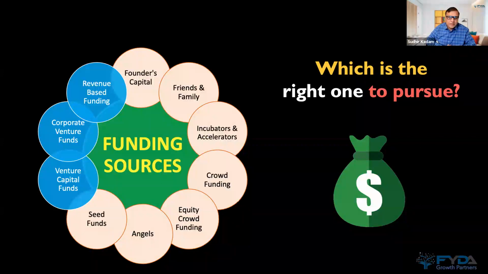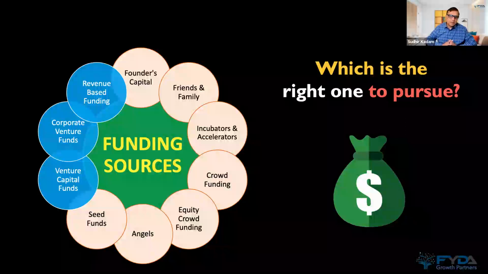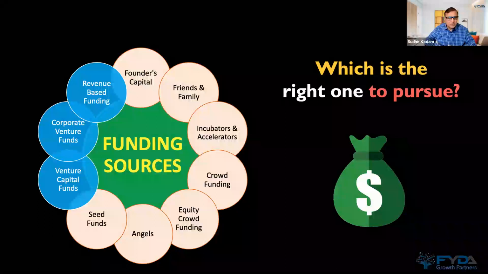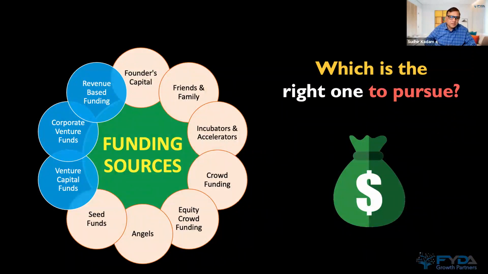Okay. Then angels, I think all of you know, typically most of these angels are early entrepreneurs who have now made the money and want to invest in about 4 or 5 startups rather than running their own startups. Okay. Some people want to take a back seat and just keep investing. And those are typically the angels. So there are regular angels. There are small people who have made money in some other business, and they are enamored by this startup fever that is going on, and they want to put their money.